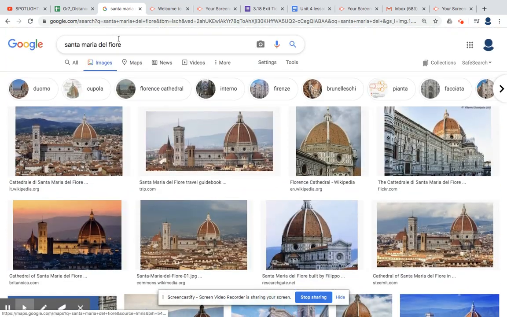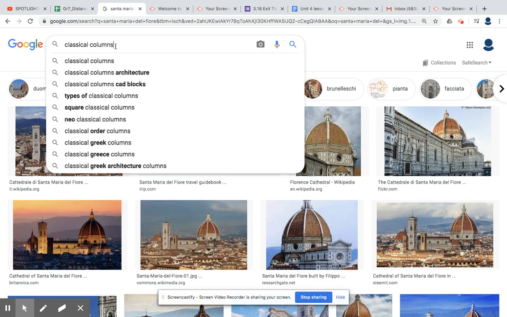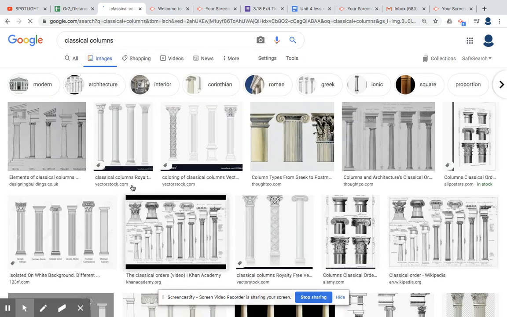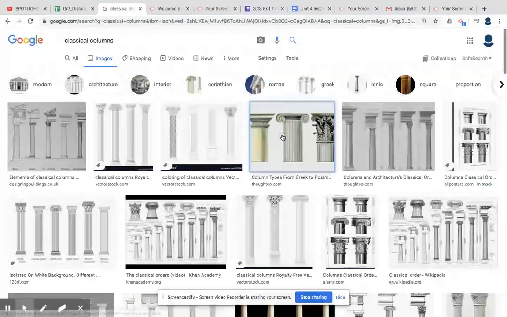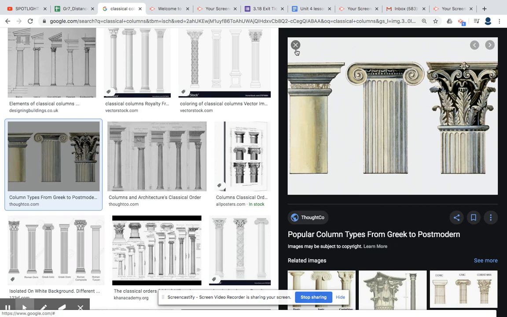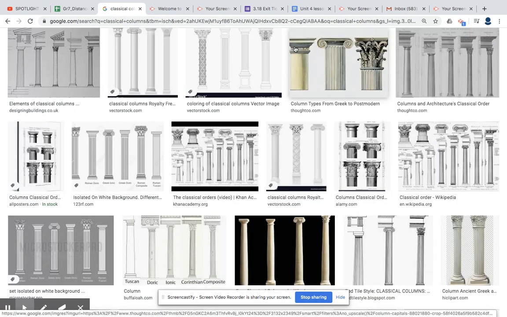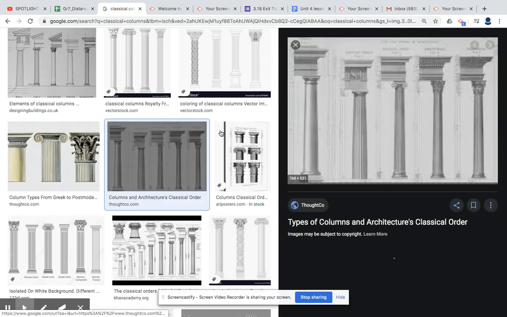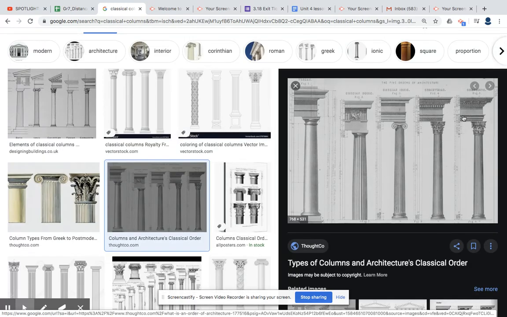I mentioned the columns before. Classical columns, and there are different columns. The middle one is Ionic. This one is, I believe, Doric, and this one is Corinthian. The people of the Renaissance used these styles in their buildings. So Doric,